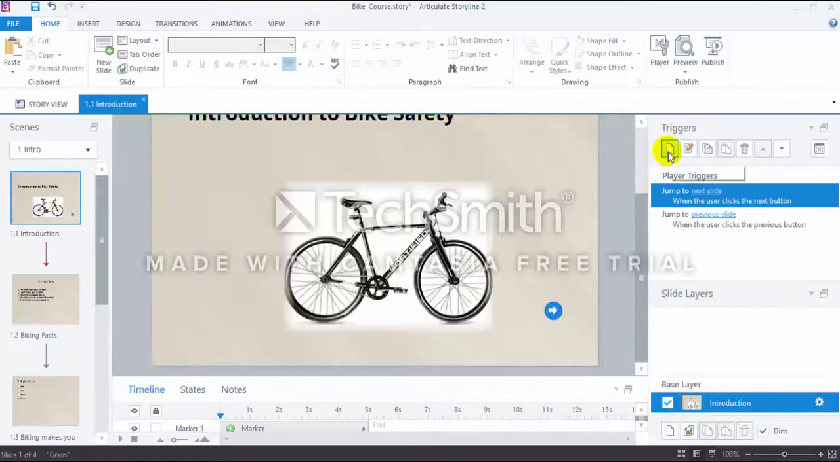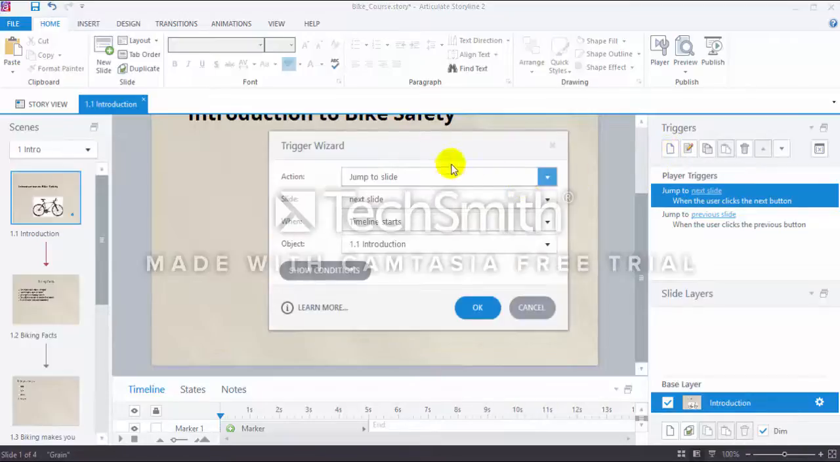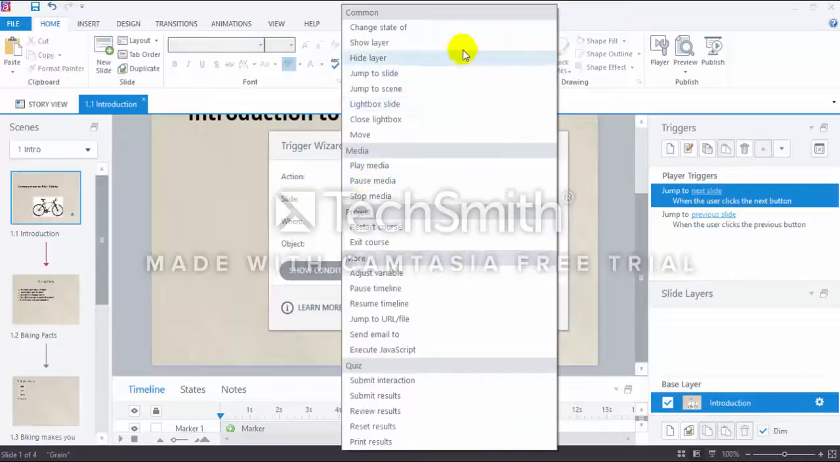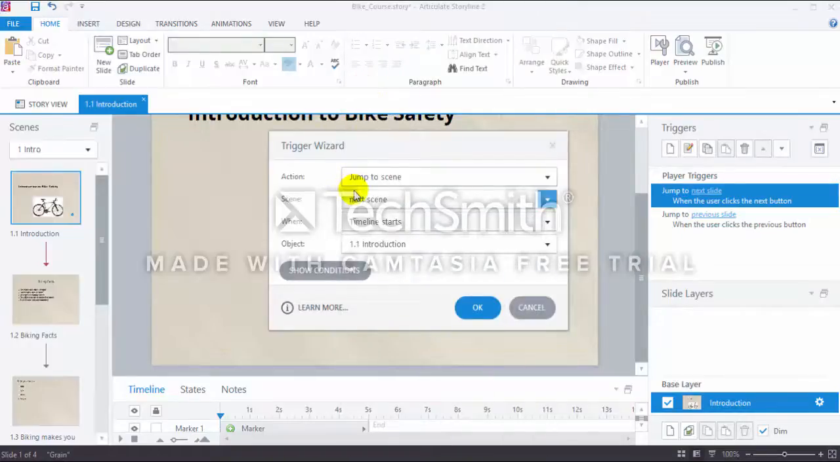In order to do that, I click on Create a New Trigger, which brings up the trigger wizard, and you can select from these four options. The first one is Action, which will give you actions like show or hide layers, play media, stop media, movies, depending on what I'm looking for. Now, what I would like to do is go to the next slide or scene